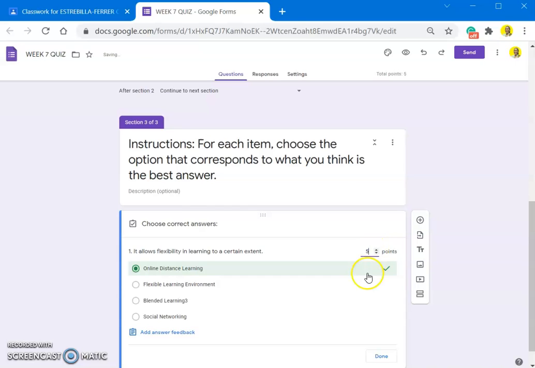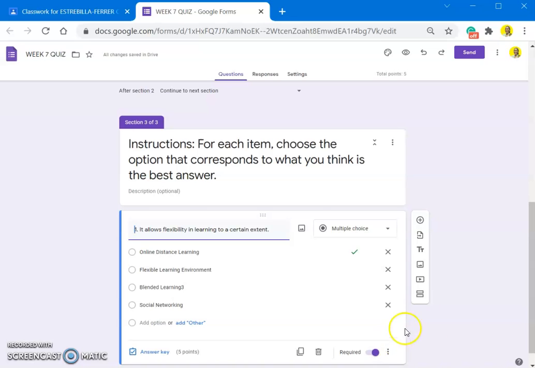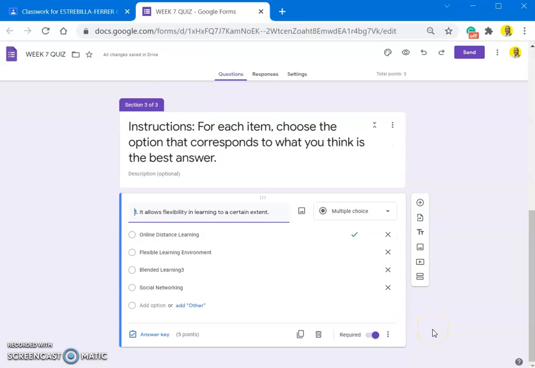So for this question, I decided to give it 5 points for the correct answer. Then after that, don't forget to select the required option. And if you want to shuffle the options